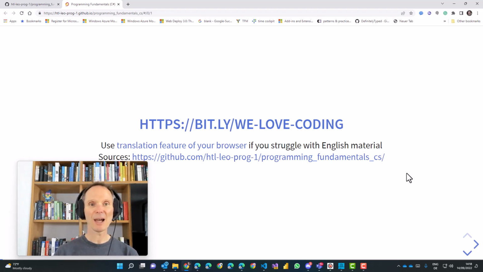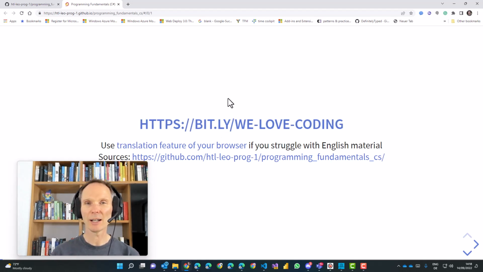First, the slides that you see here on my screen can be found under this URL. So type in this URL in your browser and you will get directly to these online slides. I will also add this link to the description of the video, so you just have to click on the link and you are right in the middle of the course.